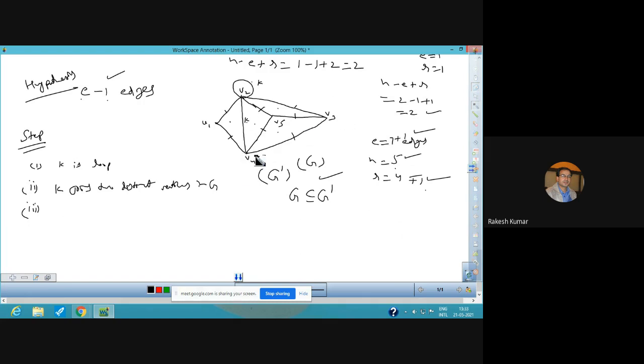What does it mean? It means suppose K is not here, not here, but suppose I take another vertex here, that is V6. So this is the edge we are plotting. So by doing so, the number of edges has increased. The number of edges becomes 7 plus 1, and the number of vertices has increased, 5 plus 1, and the number of regions is unchanged. The infinite region remains the same, 4 and 4.